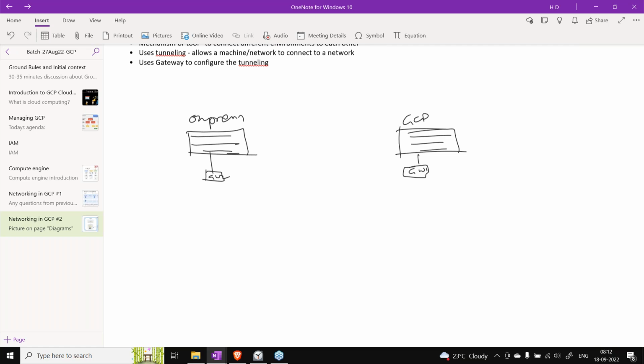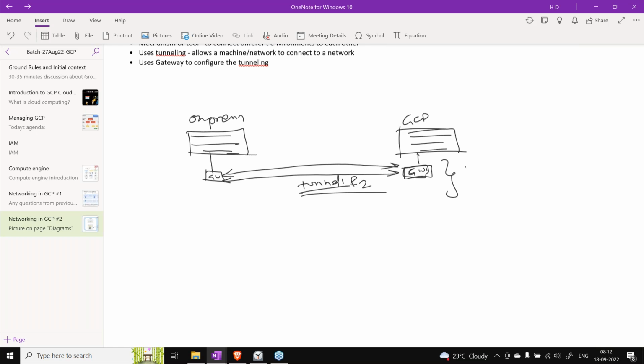They are connected to each other's respective gateways, and these gateways are connected to each other. This is called one tunnel, and it is bidirectional. Similarly, I can create one more tunnel. So this is tunnel 1 and 2, two tunnels.